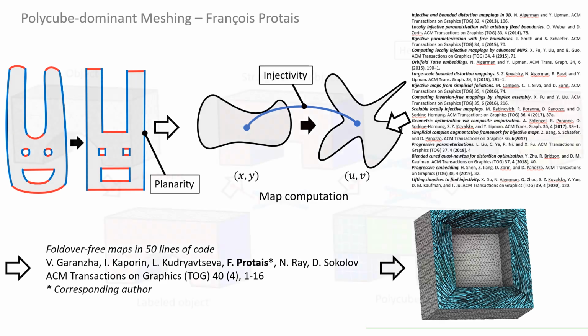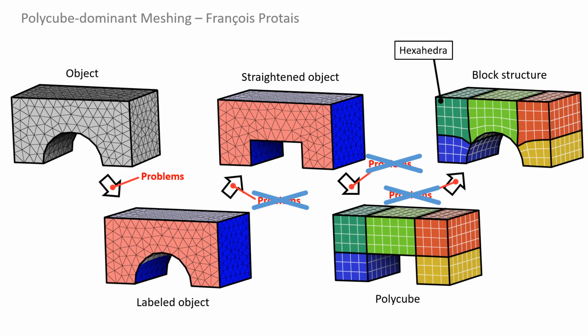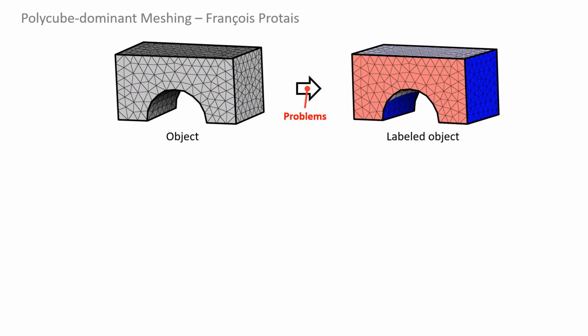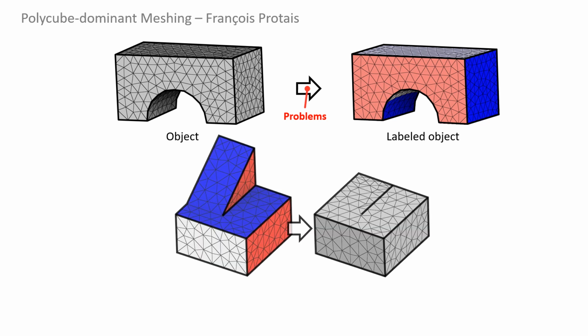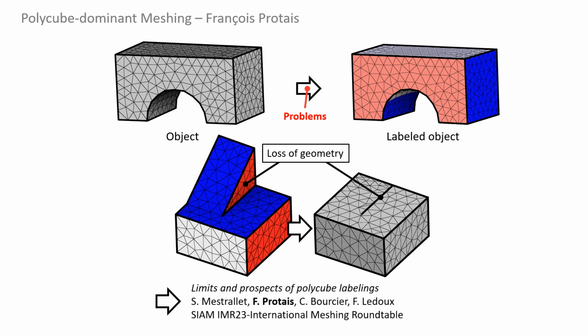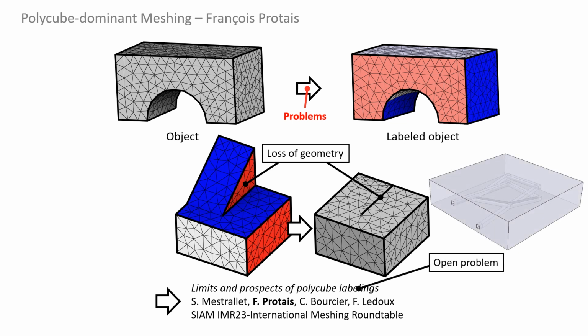That leaves us with the last problematic step, labeling, where the problem is that some labelings will induce a loss of geometry during straightening. This is what we recently presented at the International Meshing Roundtable, concluding that the validity of labeling remains an open